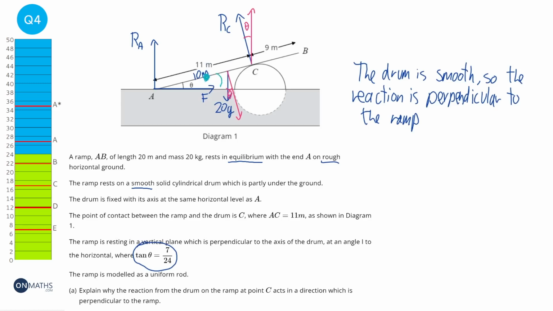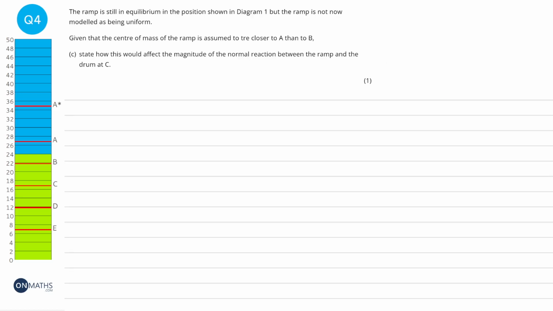So we do that obviously by the force times the distance. If the distance decreases for the clockwise component, well, it means that the reaction required for the anti-clockwise will also decrease. So our answer to part C is that the magnitude